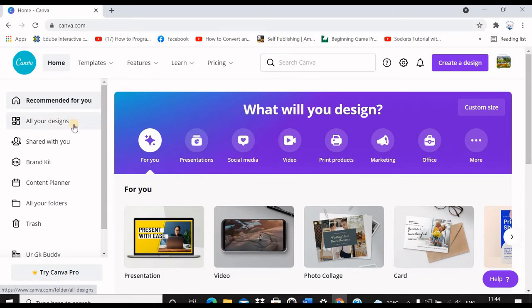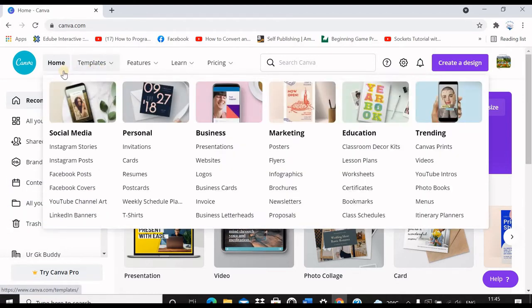On the left pane, you can see the menu for your home. A series of items you can see: all your designs, shared with you, brand kit, content planner, all your folders, trash, and so on. Now at the top, you can explore the templates.